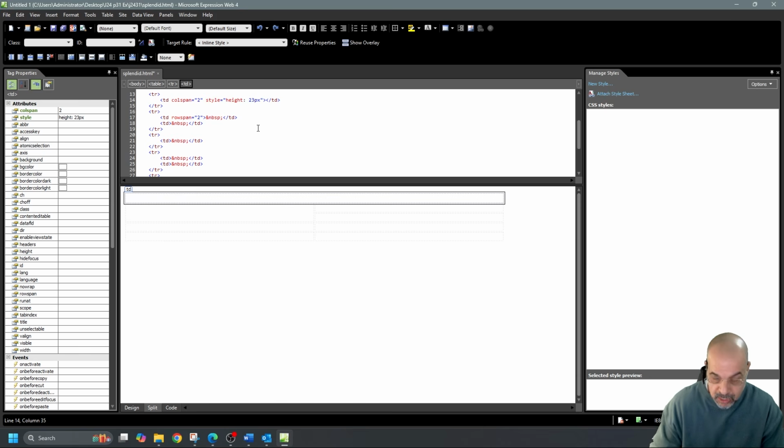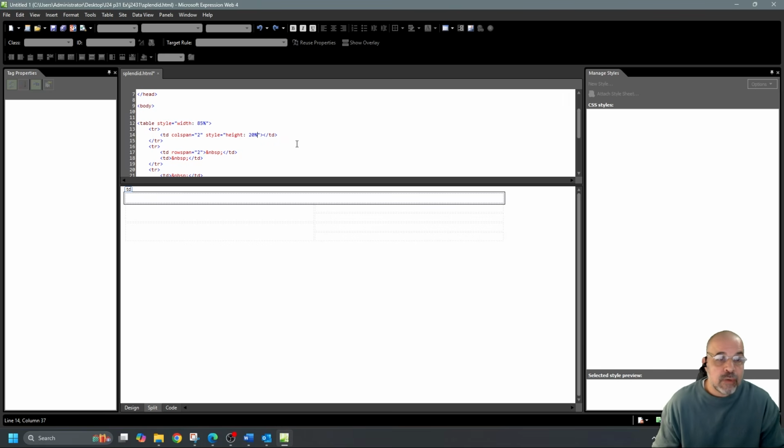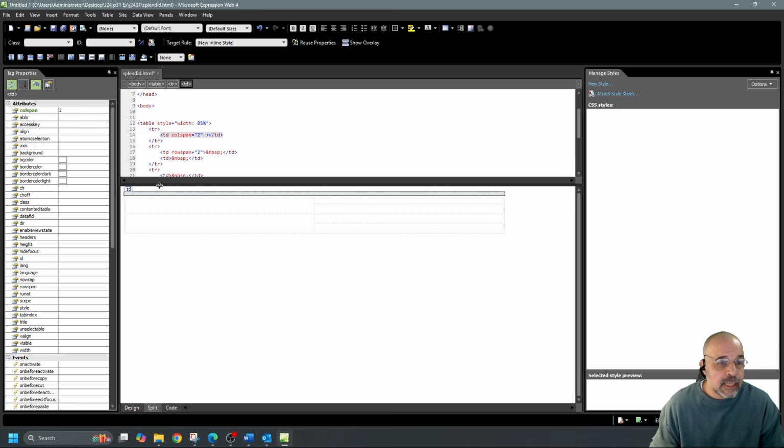I could use this and change that height to 20%. But if I didn't have that already, I could, and this is why I really like using the stars. So if I just delete that, let's say that didn't exist, I could simply, by being inside this TD, over here in the tag properties,